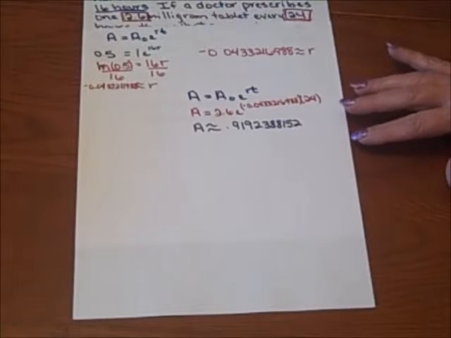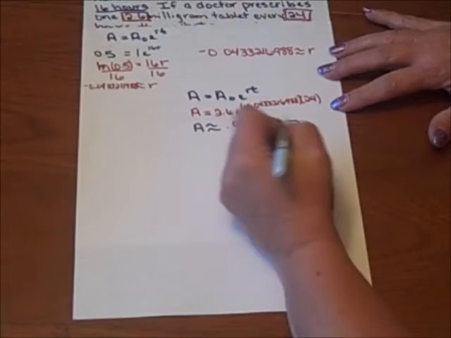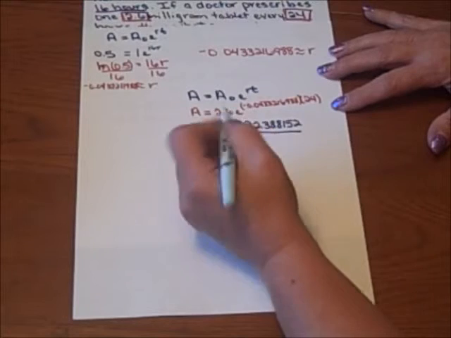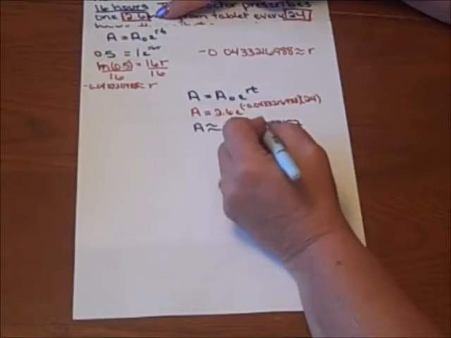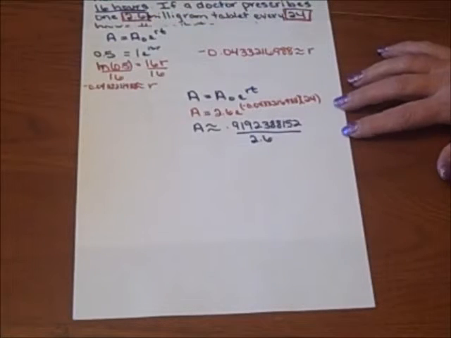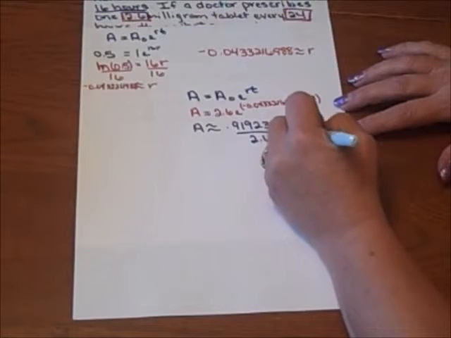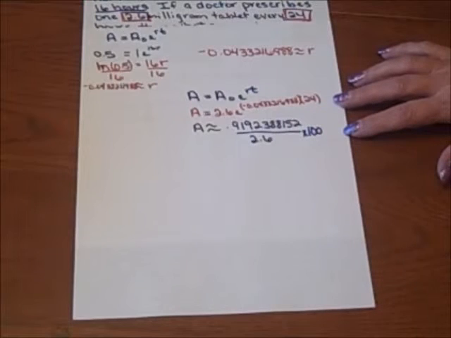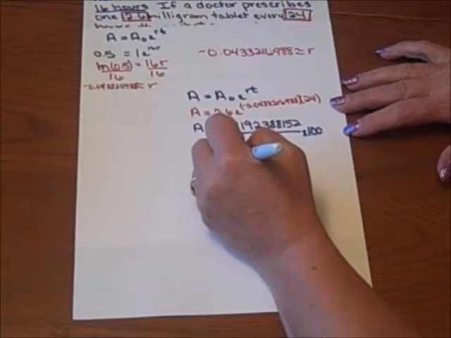And this is fairly simple. We're just going to take that answer we just got, and we're going to divide it by our total dosage of the tablet, which is 2.6 milligrams. Then multiply it by 100 to get a percentage. And when you plug that into the calculator, your percentage will be